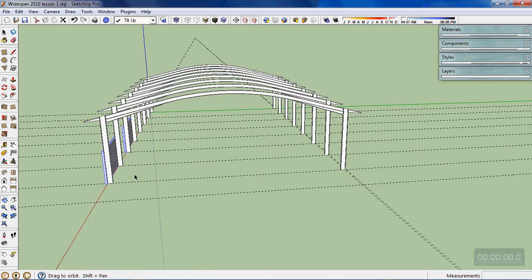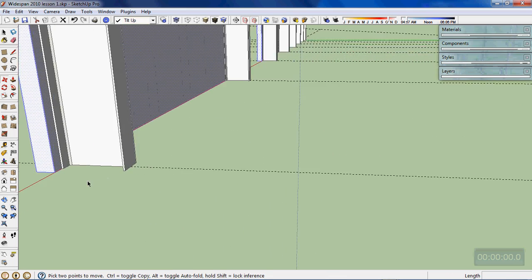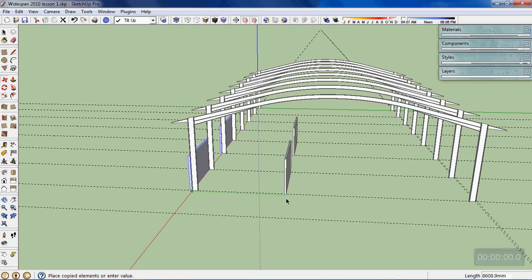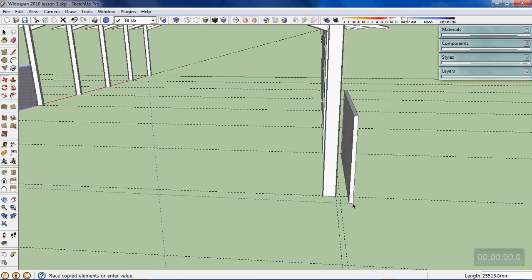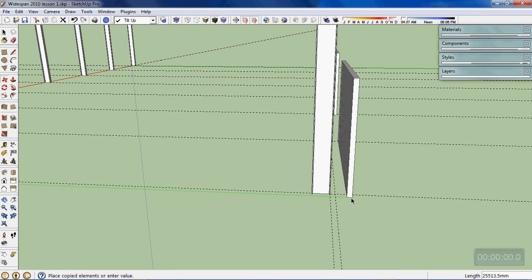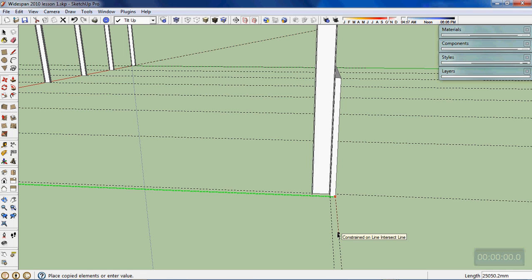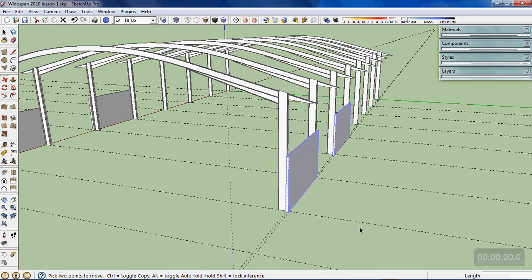I'll zoom right in on this corner and make sure I get end point. I don't want to get on edge because that's 0.2 millimeters away. I really want that end point there. But before I do the move command, I press Control. I'm now in the copy command. The little plus sign tells me that. And I go from that end point, and I want to move that over here, but I want to constrain it in the green axis direction. So when I get the green rubber band, I'll press and hold the Shift key. So I'm now constrained in green, and then click on that line. Okay, so that should be right now. I should be able to use my eraser to clean up that set out line,